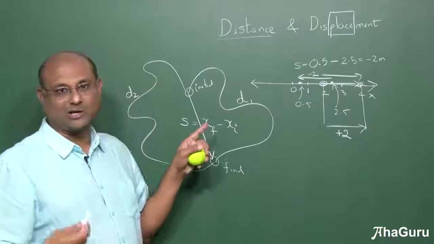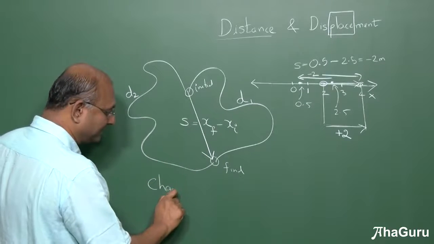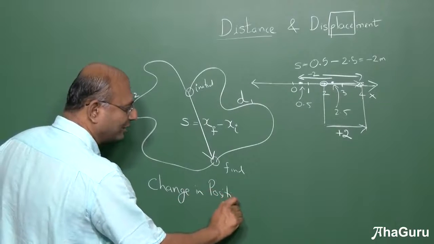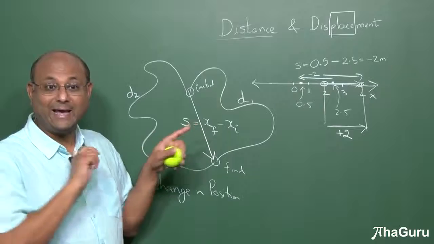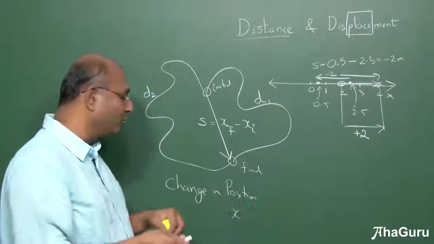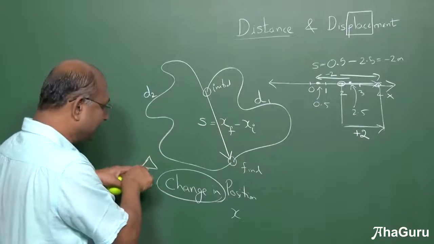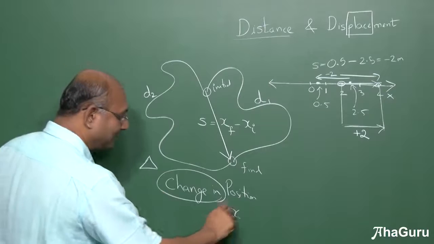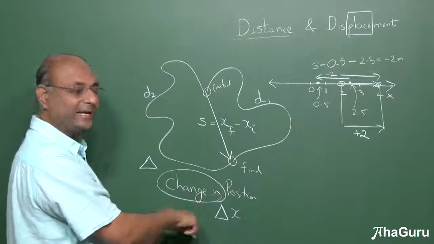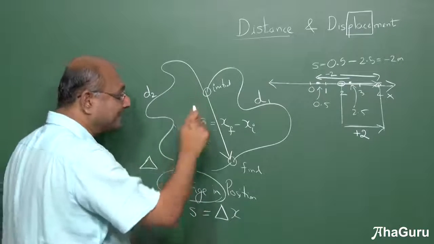For position, as a shortcut I am using x. Many times we will use change in position. Now this is too long. For position, what am I saying? x. But if I write change in x, it's still too long. So what will I do? I use a symbol for this. We will call this symbol delta and say that this means change in. So what is the meaning of delta x? Change in x. Change in position. What is that? Displacement. So displacement is an arrow.